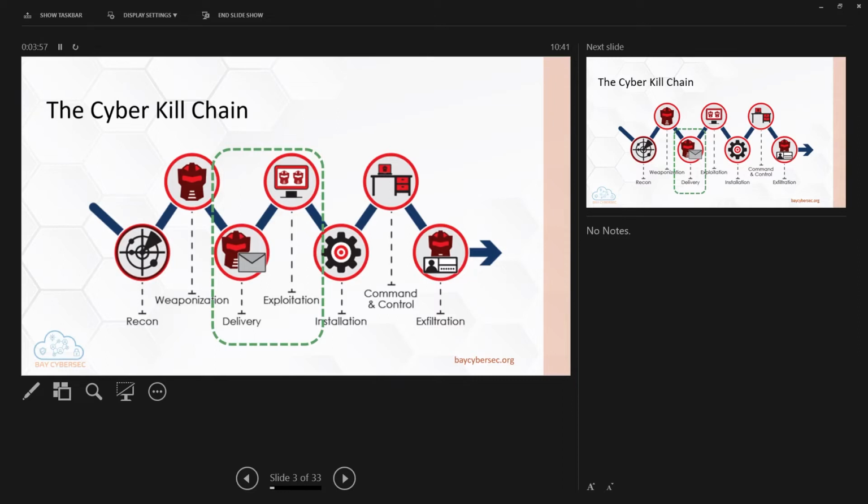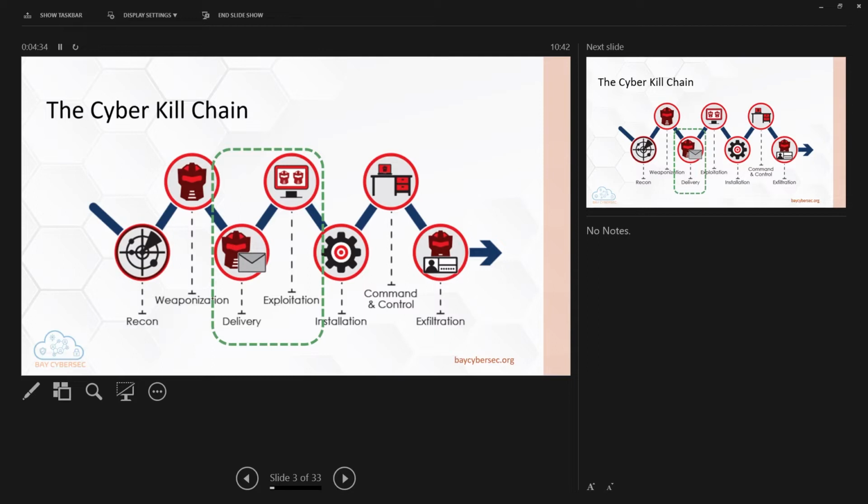with the least effort. So the attacker is always looking for the path of least resistance when he approaches a target. We know that 90% of the cyber attacks today start in email, so that must be the path of least resistance. That's why we have the delivery here, but it's not always exactly email. It could also be sending a network stream of data packets to the enterprise assets, or trying to share a file with you over the collaboration platform.